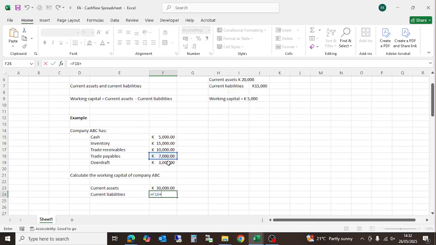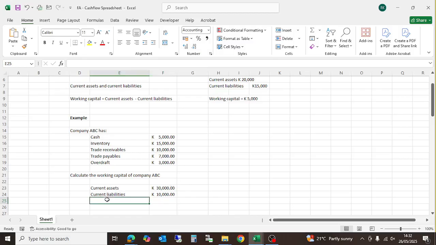Trade payables. Then we are adding that bank overdraft. It's a current liability as well. It has to be paid within a period of a year. Okay, so for current liabilities, we have 10,000. So following the working capital formula, we are now saying working capital is equal to